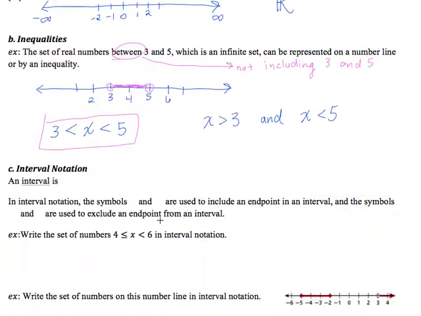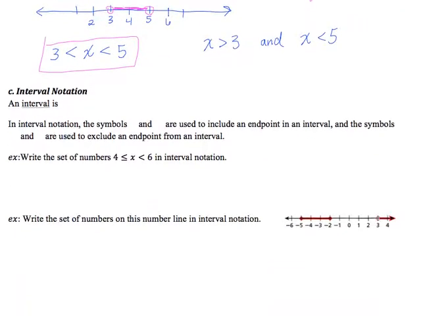Okay, another notation type is called interval notation. An interval is exactly what we were just dealing with. It's a set of real numbers. Interval notation only works with real numbers, not integers. Integers being your countable numbers, 1, 2, 3, 4. Okay, it's a set of real numbers between two numbers, typically. Okay, in interval notation, the symbol with a bracket. Brackets are used to include an endpoint, and the symbols parentheses are used to exclude